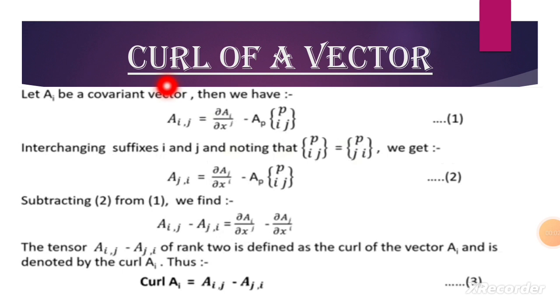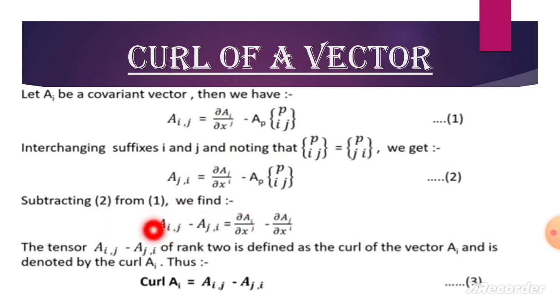Now coming to curl of a vector, let a subscript I be a covariant vector, then we have a subscript I comma j is equal to del a subscript I upon del x superscript j minus a subscript p in bracket p I j. Interchanging suffixes I and j and noting that pij is equal to pji, we get a subscript j comma I is equal to del a subscript j upon del x superscript I minus a subscript p in bracket pij. Considering the first as equation number 1 and this as equation number 2, now subtracting equation 2 from equation 1, we have